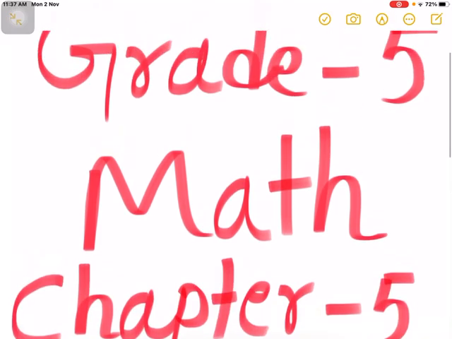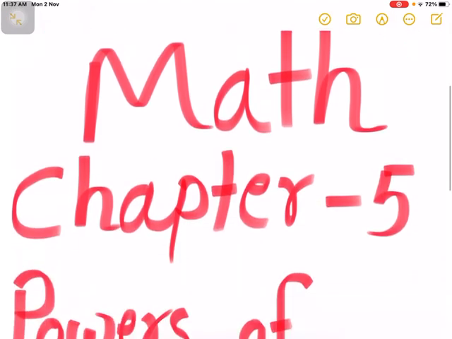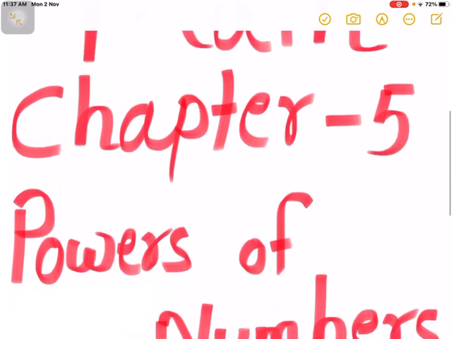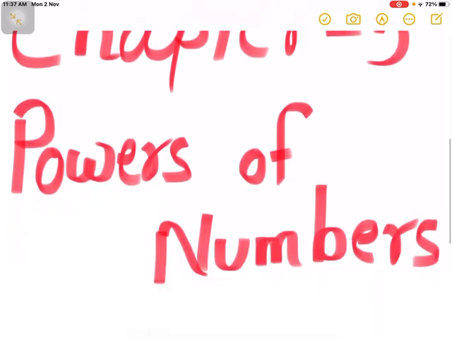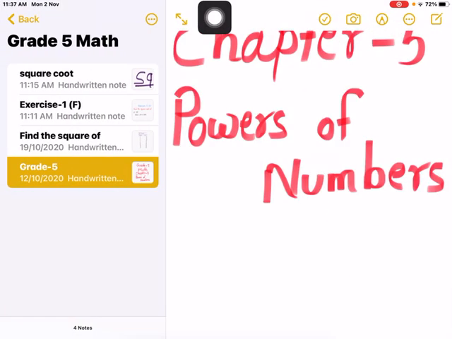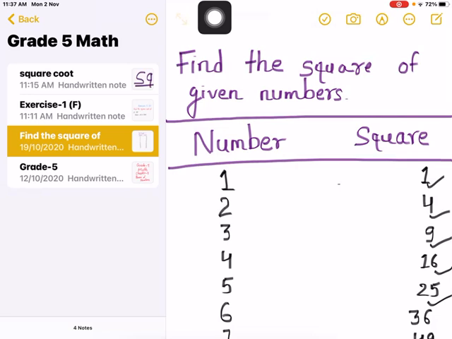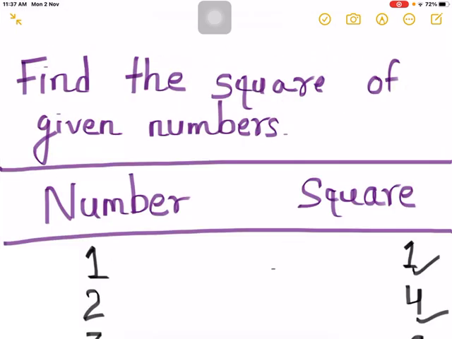Today in our math subject, we are in chapter 5 and the name of the chapter is powers of numbers. Okay, powers of numbers. We have discussed more about the meaning of the power of numbers in our previous class, and also in our previous class we have learned to find the